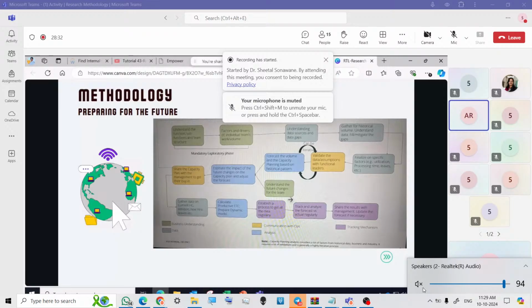There might be a COVID scenario as well, so it might change the market in some sort of impact over there. Okay, there are some schemes which are introduced by the government like that. So estimate that impact of the future changes, and with respect to that we would be adjusting the forecast